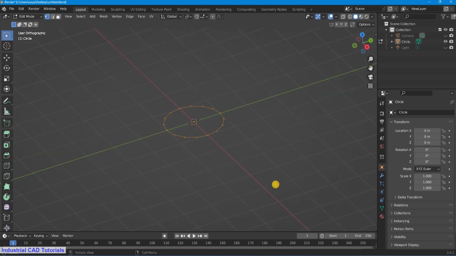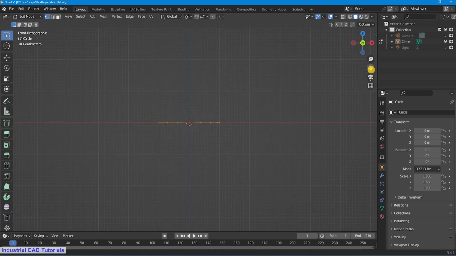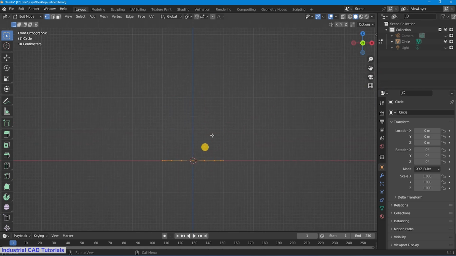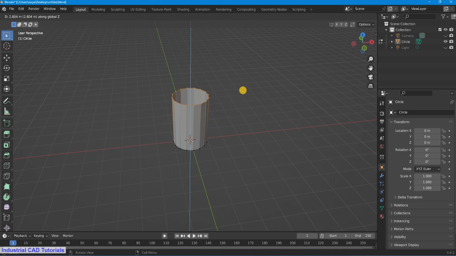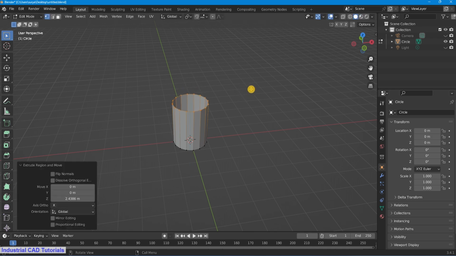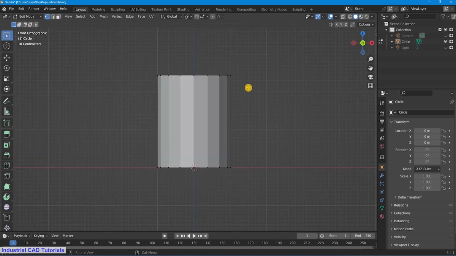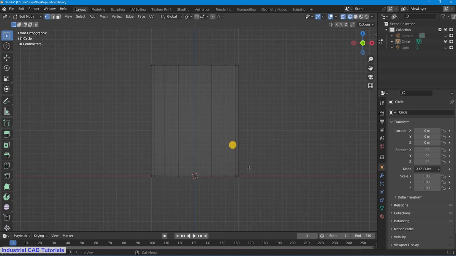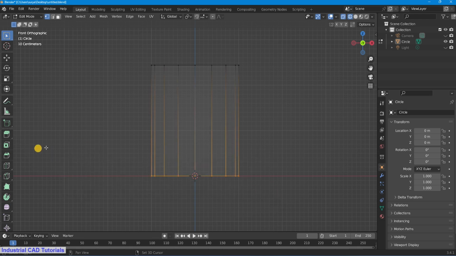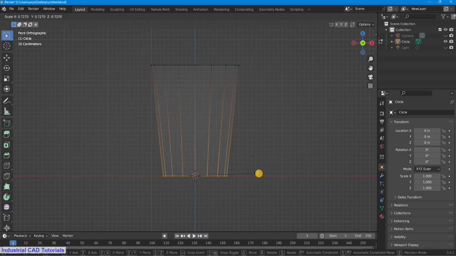Select all of the vertices and extrude along z-axis like this somewhat. Then switch to wireframe mode and select the bottom, all the bottom vertices, and scale inside